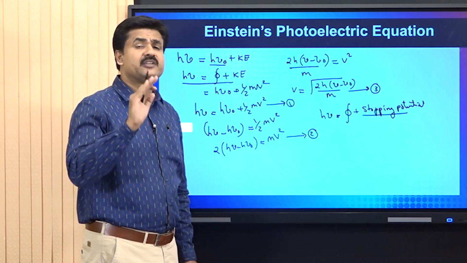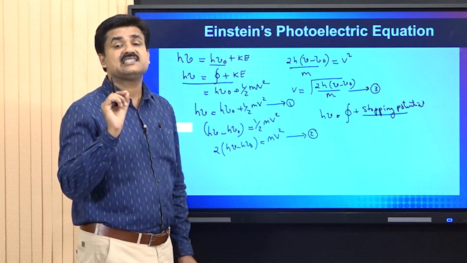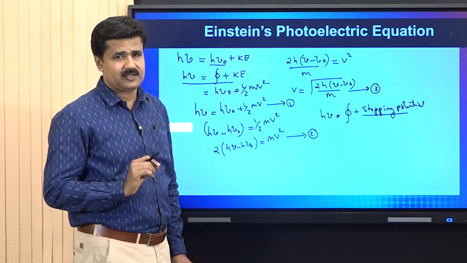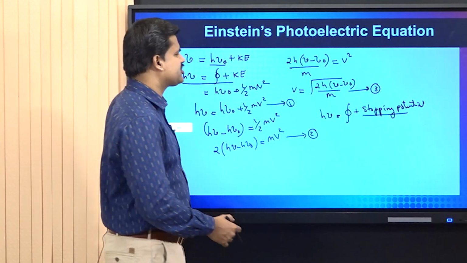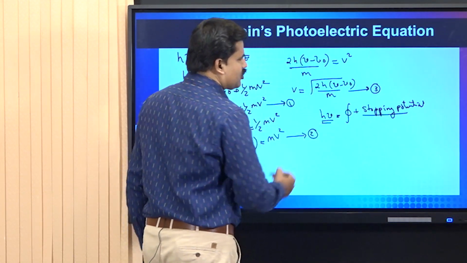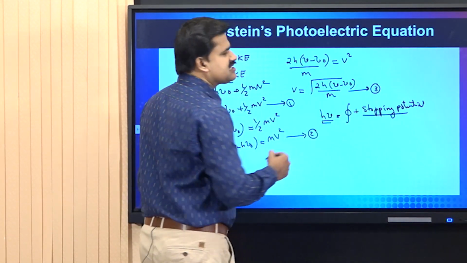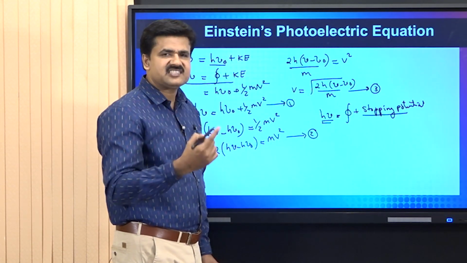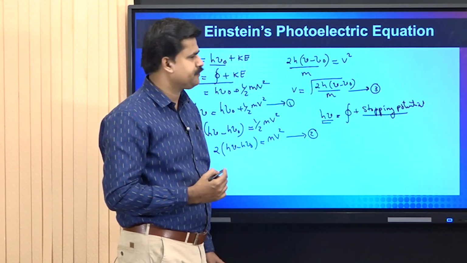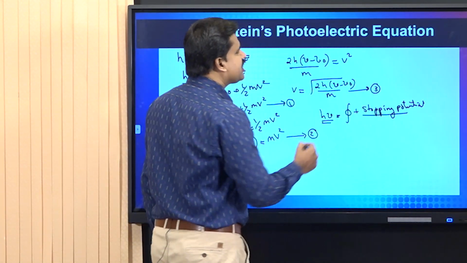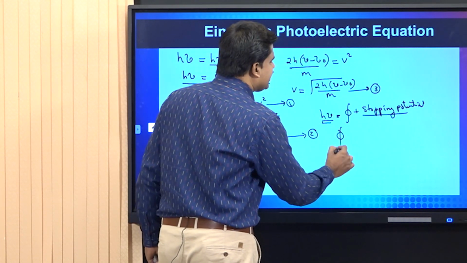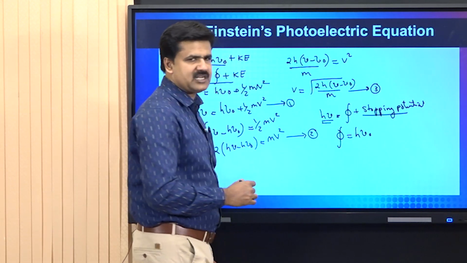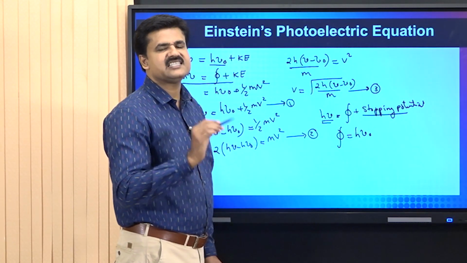So, the energy required to stop the photoelectron is termed the stopping potential and is expressed in electron volt. Thus, we can also get an equation: h nu is equal to work function plus stopping potential. This is another form of Einstein's photoelectric equation. Thus, two important parameters are: phi is equal to h nu 0, and the stopping potential is the kinetic energy in